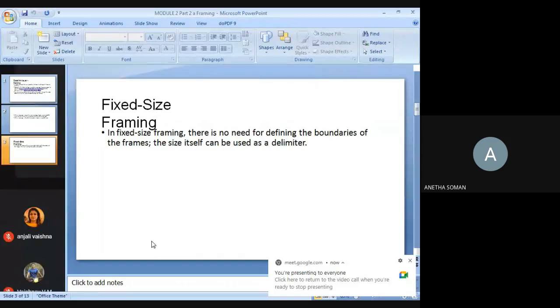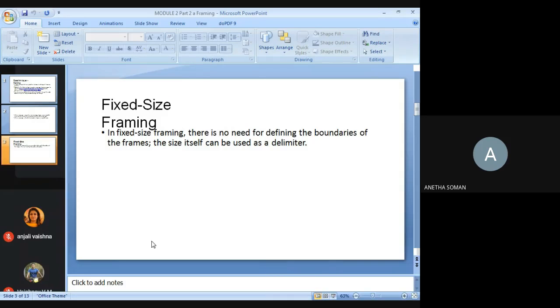Now write down, in fixed size framing, there is no need of defining the boundaries of the frames. The size itself acts as the delimiter.